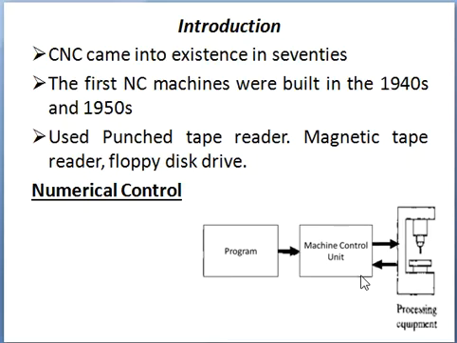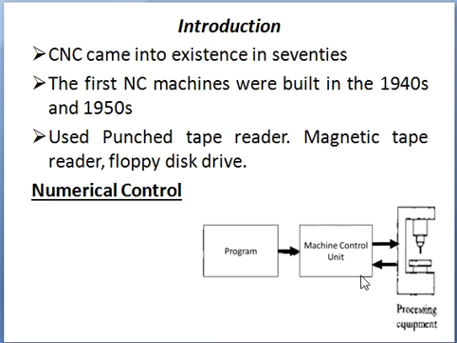So, programming device or program of instructions. It is a detailed step-by-step set of directions which tell the machine tool what is to be done, and what is the sequence to be followed. The part program is written in a code. Coding and all we will study in the next section of this module. So we'll elaborately see what coding is. Different codes like G codes and M codes are used. Basically, these are the guiding instructions which will help the machine understand what is to be done.